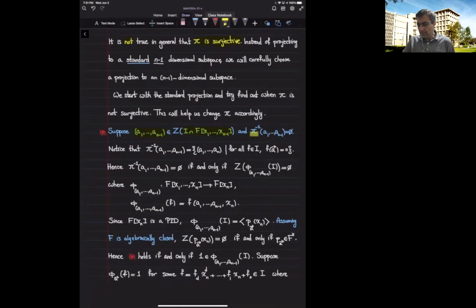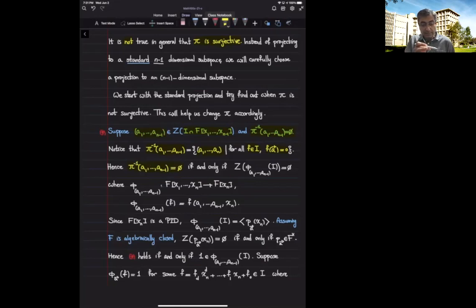That means that the preimage at this point is empty, which means there is no common zero of the ideal I with the first n-1 components being a_1, ..., a_{n-1}. So again, this preimage means all the n-tuples where the first n-1 entries are the same as the ones that we are given, and this n-tuple is supposed to be a common zero of all the elements of the ideal I. Now, by the assumption this set is empty,